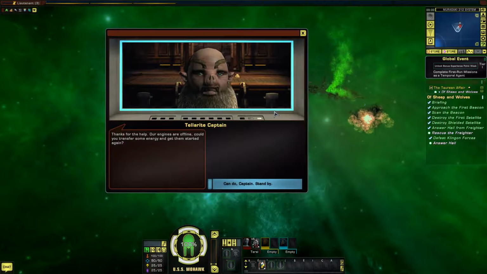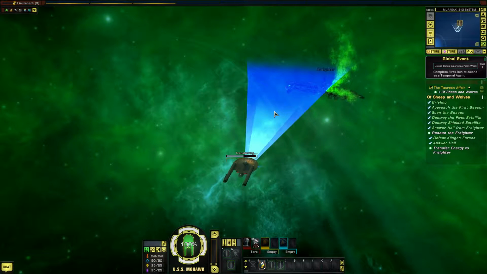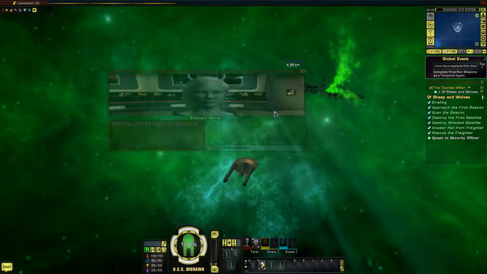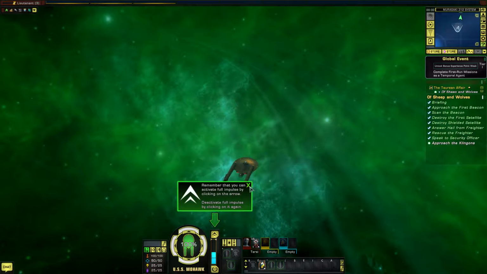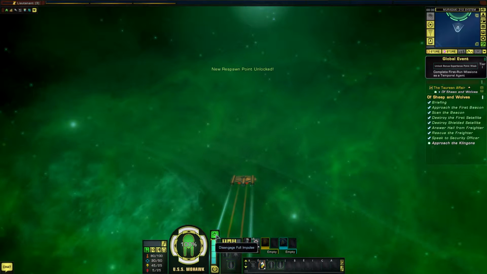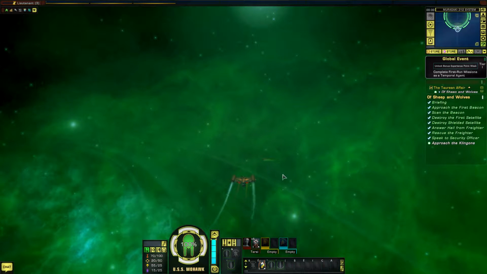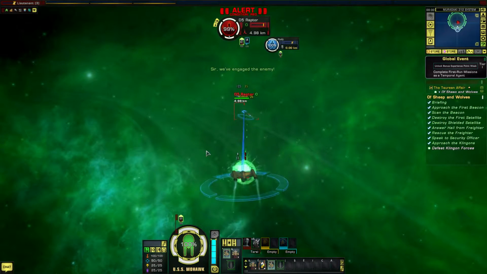Thanks for the help. Our engines are offline. Could you transfer some energy and get them started again? Thanks for everything. Good luck with the Klingons. Lieutenant, I've made some modifications to our torpedo launcher. I think you'll like the results. Remember that you can activate full... Activate high-yield torpedo. High-yield torpedo will increase...